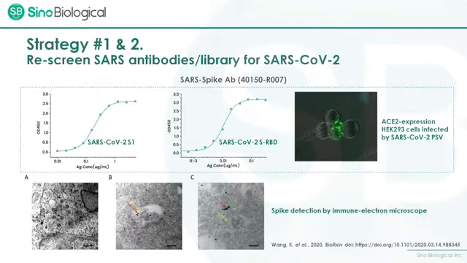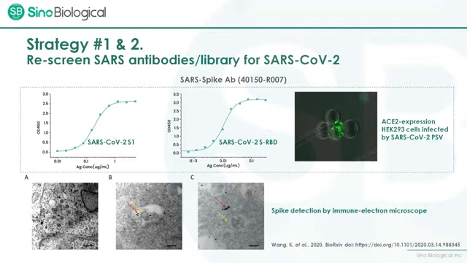Then we are coming to our strategy number 1 and number 2. We screen the SARS antibody libraries for SARS-CoV-2 antibodies. This is one of the antibodies we obtained from the SARS spike antibodies. This is the rabbit monoclonal antibody. When we check the interaction between the antibody and the SARS-CoV-2 spike proteins, we can see their interaction